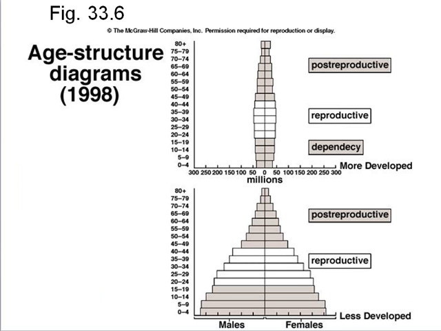Let's look at the age structure typical in richer versus poorer countries. The graph at the top shows the number of individuals of each age group from a country whose population is remaining relatively stable. We see approximately equal numbers at all age groups. Compare that to the bottom graph that represents a rapidly growing population. Here we see the younger individuals greatly outnumber the older age groups.